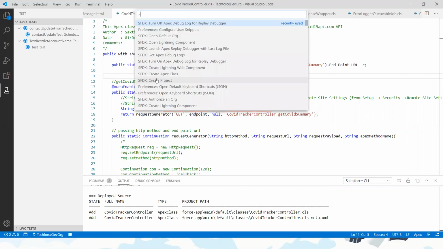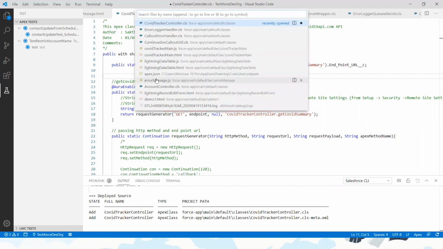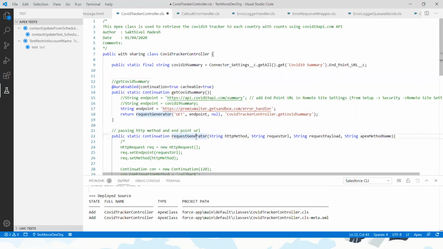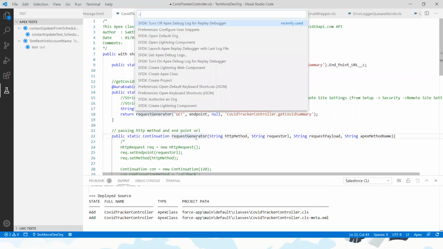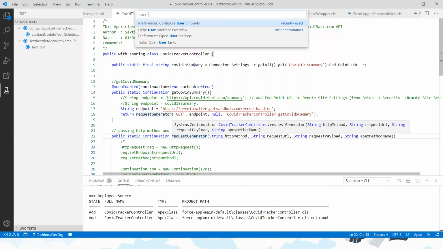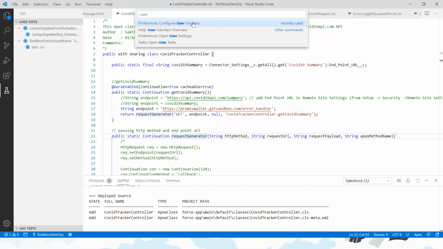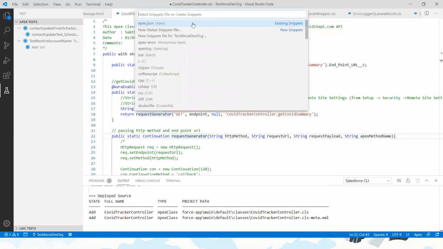So go here, let me show you. Press Control Shift P, go to the command prompt and type user snippet. Yeah, this one, Configure User Snippets.